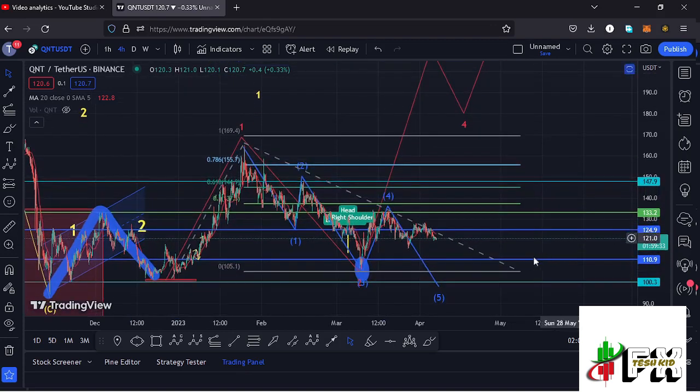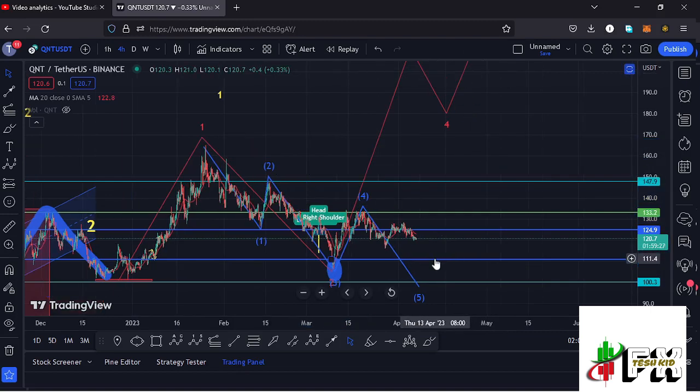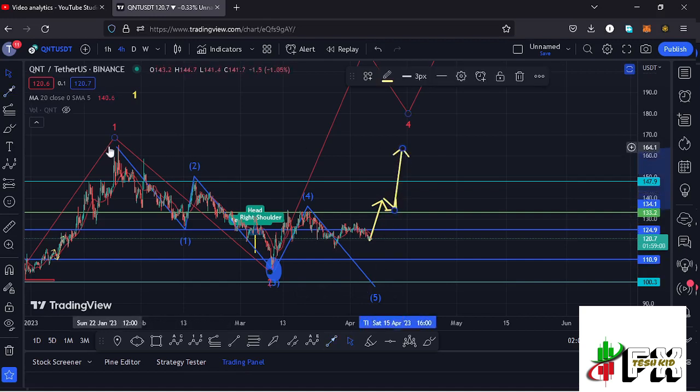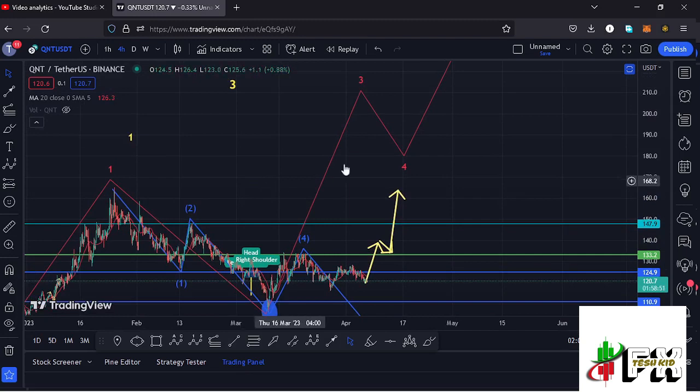And for that move to also play out, we need to continue holding above key areas of support, like the key area of support at around the $110.9 mark, and also see a break above our key area of resistance at around the $124.9 mark, continue gearing up to our next key area of resistance at around the $133.2 mark. And the moment we manage to break above that, maybe even get a successful retest and continue gearing up and see a break above the wave 1 high, which lies at around the $164.8 mark, then there will be high chances and also enough confirmation that we are back in the formation of